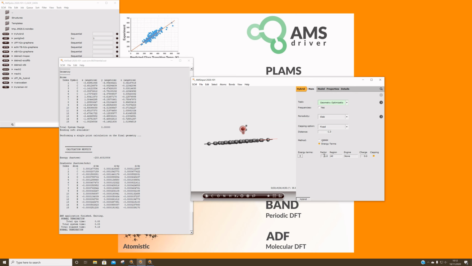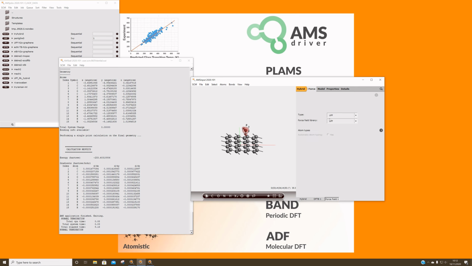if we go back to the main input panel, we want to calculate that at our highest level, let's say DFTB, and we want to calculate the remainder of our system using a force field, and then that force field can be defined here in our panel. Let's use UFF, and for GFN2-xTB, let's use the standard GFN2-xTB. Now if we go back to the hybrid